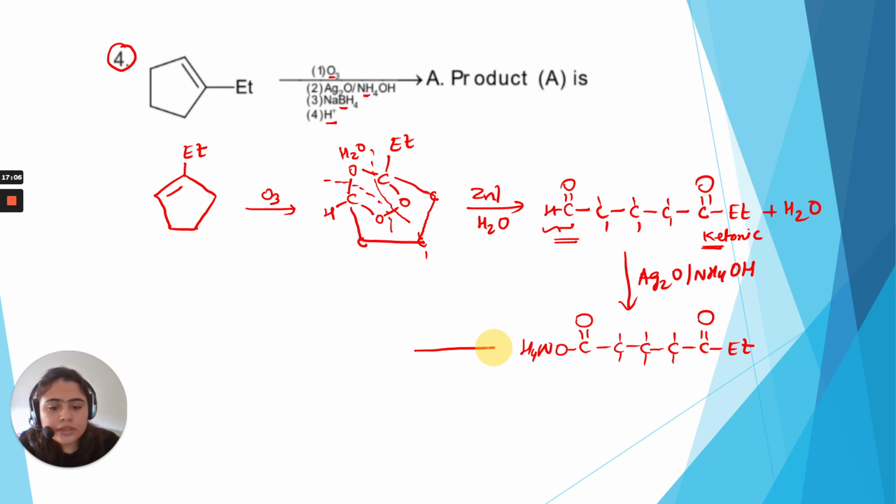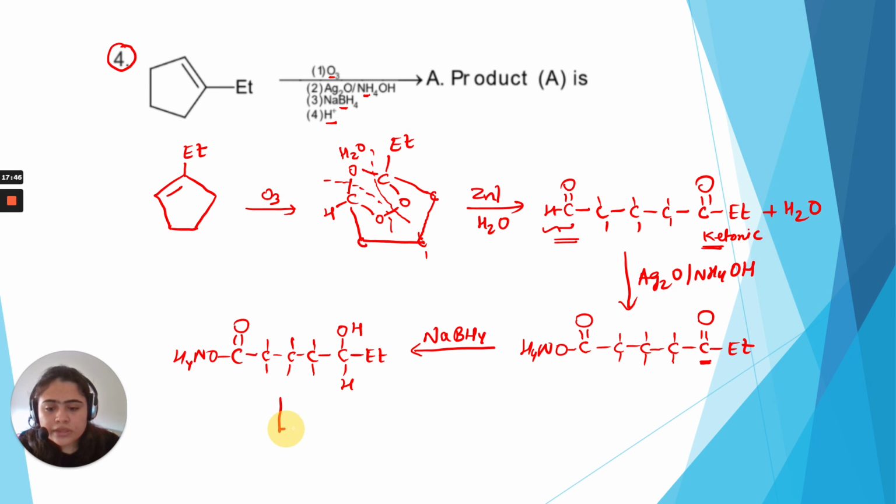Next, if we react it with sodium borohydride, sodium borohydride is a strong reducing agent. It will reduce the carbonyl group. It reduces only the carbonyl group. It is specific only for the carbonyl group. It cannot reduce any other acid or ester group. It is capable of reducing only the carbonyl group of aldehydes and ketones. So it will reduce here. We'll get an alcohol at this position. OH, H, Et, C, C, C, and then C double bond O, ONH4.